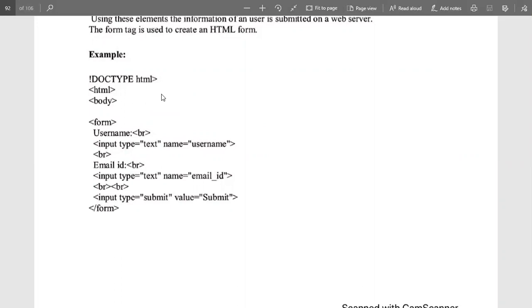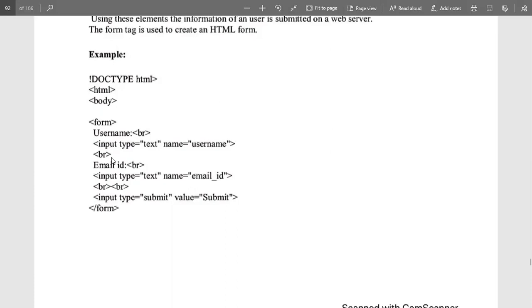Once the basic structure is defined, in the body tag we will define the form, that is the form tag, containing username information. After the username comes username colon. Once this is done, we use the br tag for breaking the line. After that, the spacing is there, and the username contains an input of type text. So the input of type text is mentioned here, and name is equal to username, that is referencing as a hint.